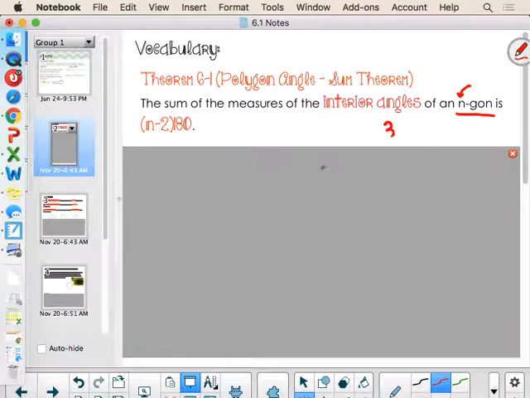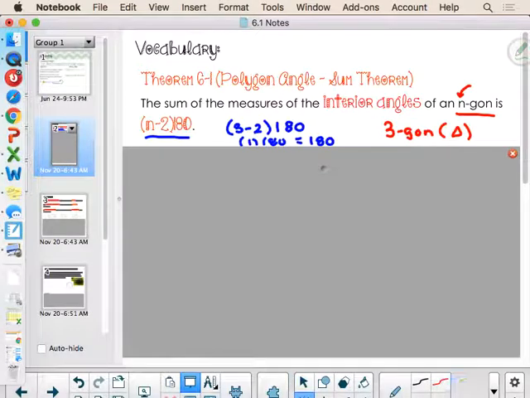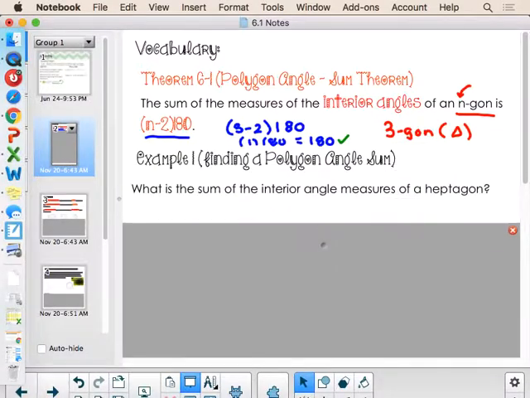So if I want to find a 3-gon, we all know that a 3-gon is really just a triangle. Well, to find the sum of the interior angle measures of a triangle, if I just want to use my n minus 2 times 180 formula, we would have 3 minus 2 times 180, okay? 3 minus 2 is 1. 1 times 180, that gets us 180. And as you and I have discussed, we actually already had the triangle angle sum theorem, but it's a really nice base case for this theorem because you can't have anything smaller than a 3-sided figure. All right, so here we go.